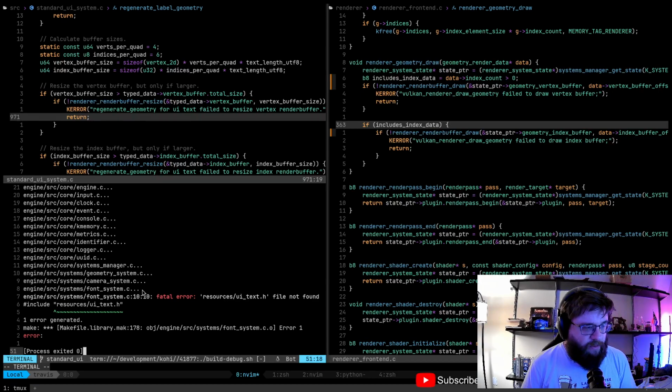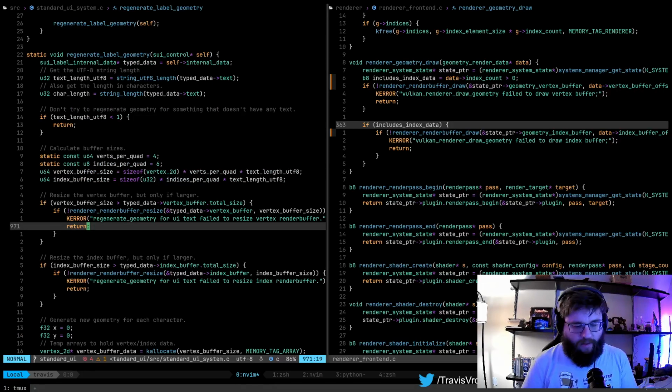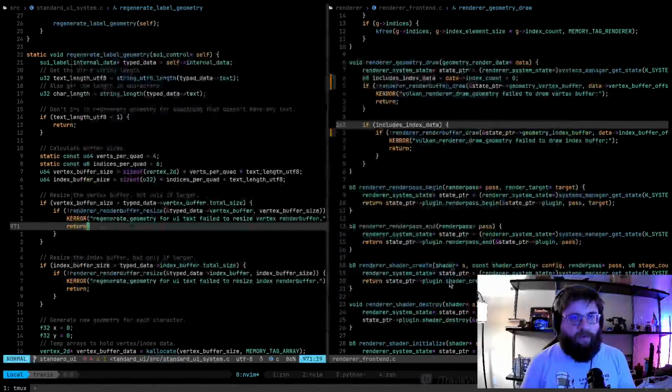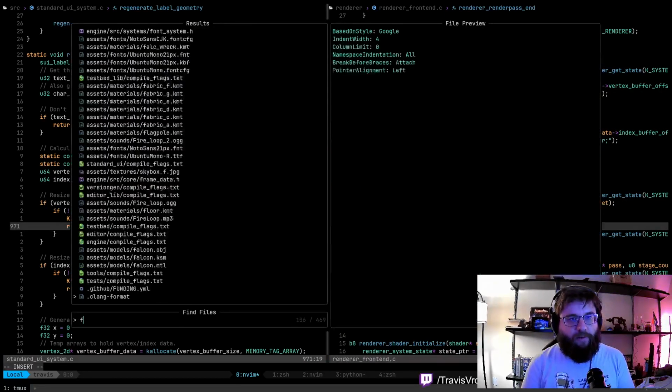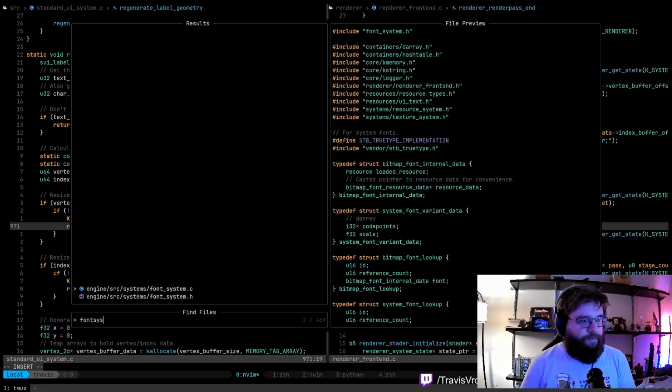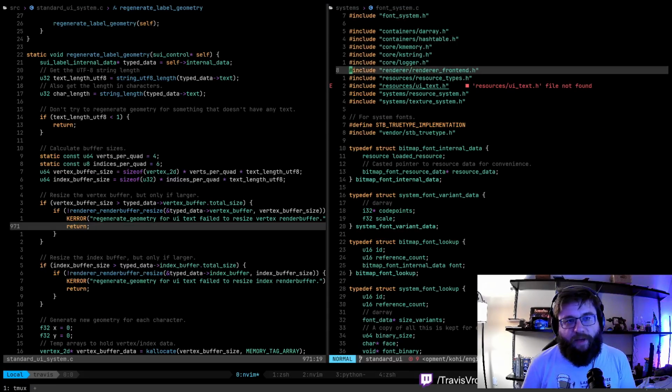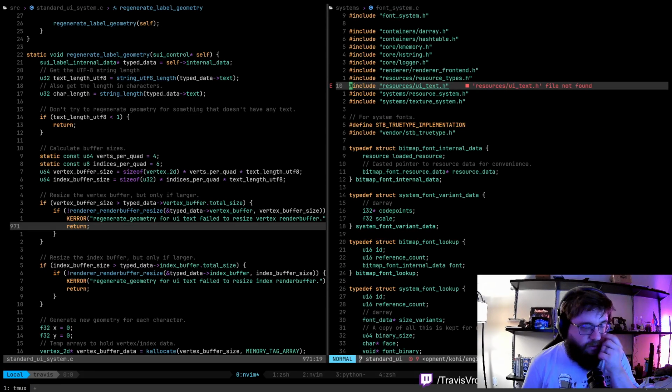Oh right, we moved the UI text stuff and, okay. So let's actually keep this over here. Font system. I didn't even think about this when I moved UI text out.